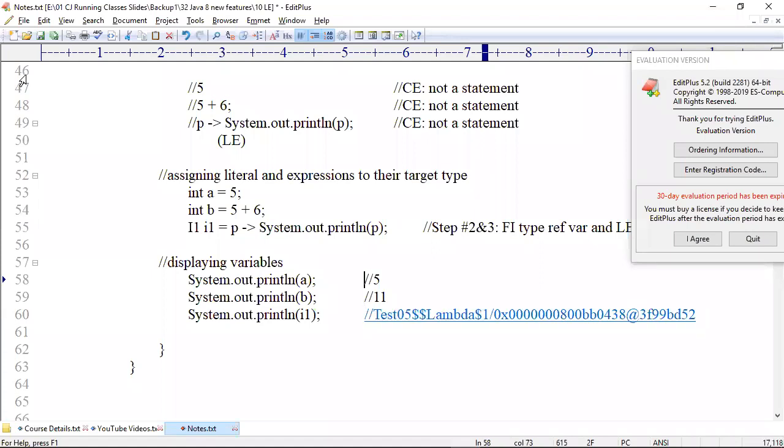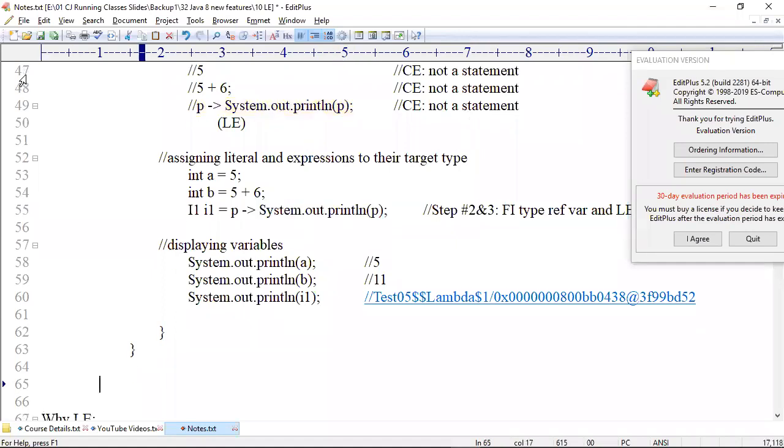And next point, tell me, just by creating a lambda expression, what are you doing? It is just an implementation, you are just creating a method. For example, I'm creating one method here, static void m1 with the parameter int p, and I'm writing System.out.println of p.